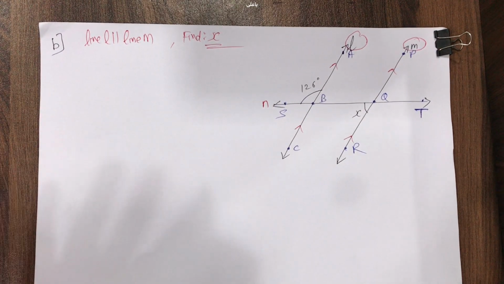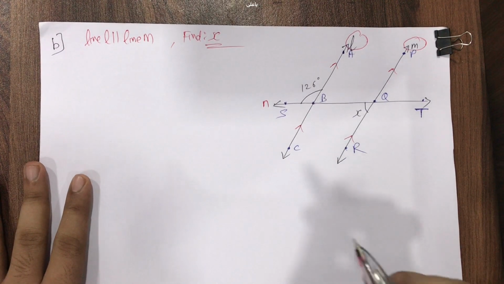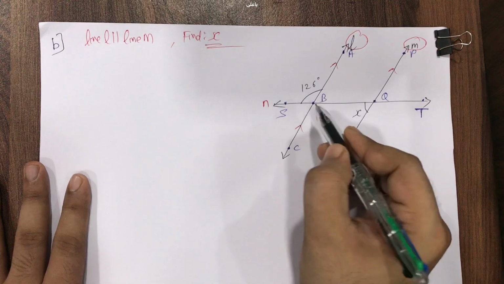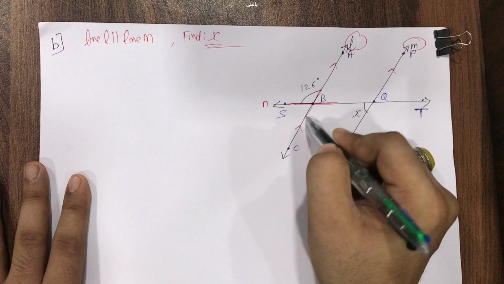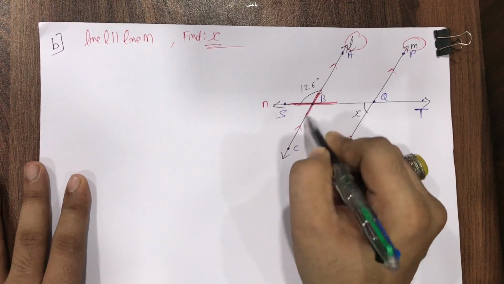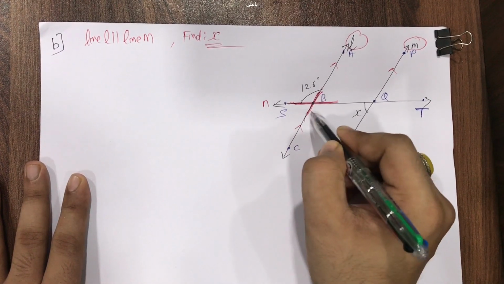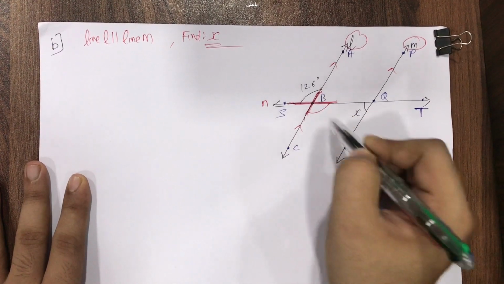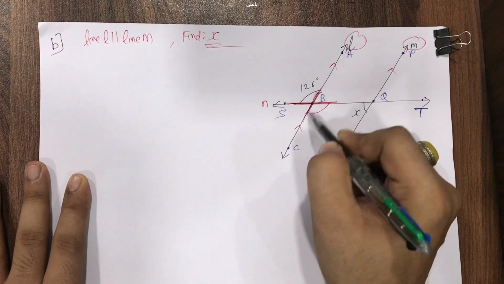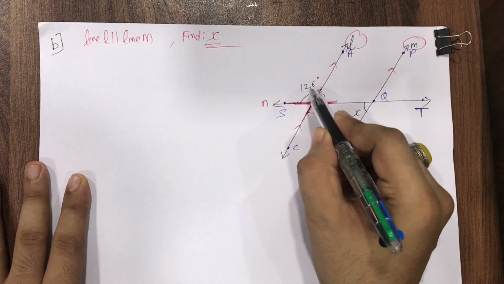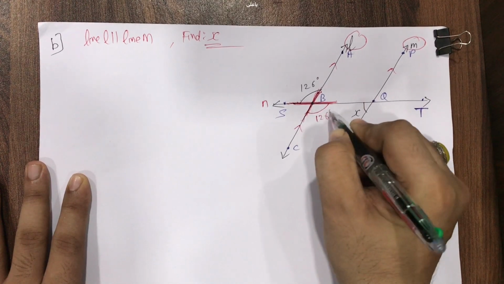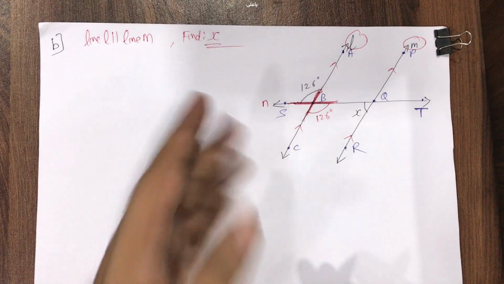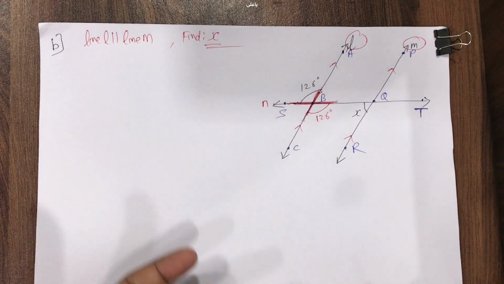Okay. And now students, in the previous lecture I already told you about vertically opposite angles. Pay attention please. Can you see with the red color I am highlighting something? This is a line and this is a line. If this is 126 degrees, then by vertically opposite angles, which are always equal, see this cross, this angle opposite to it also becomes 126 degrees. In the diagram, I wrote it as it is, and you know the reason is vertically opposite angles are equal,